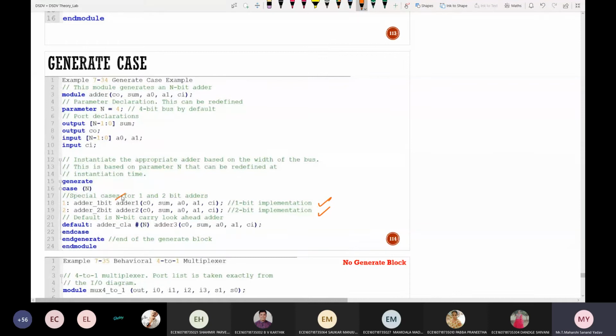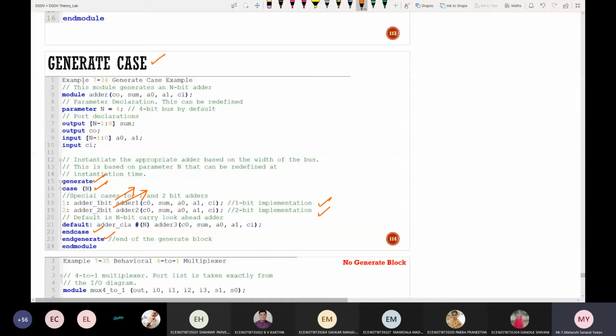But here the one thing is you need to add adder underscore 1-bit followed by adder underscore 2-bit. These two separate modules should be included in your project. So the one thing that you need to remember is if case and end case are present between generate and end generate, it will be treated as generate case.